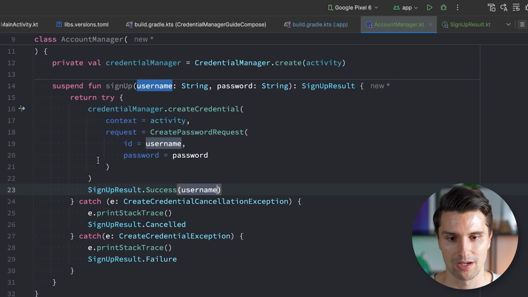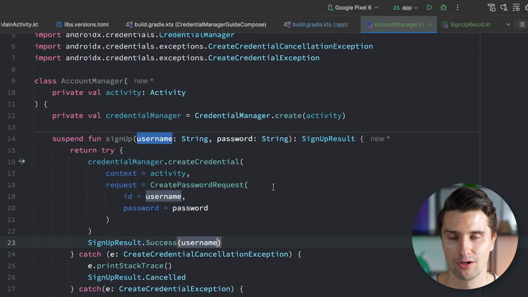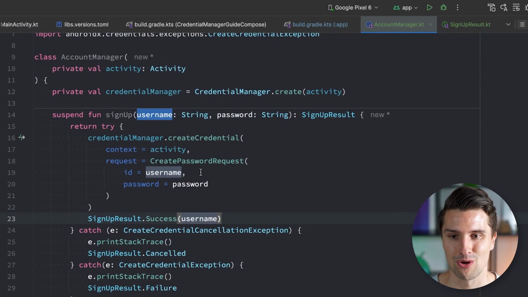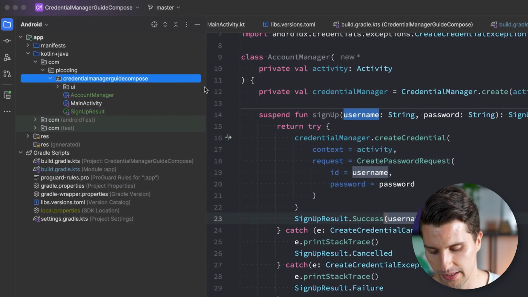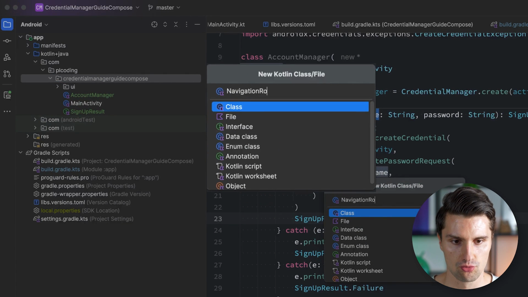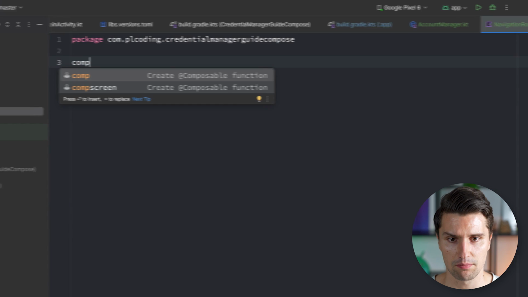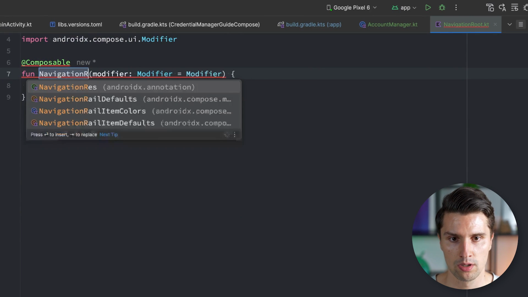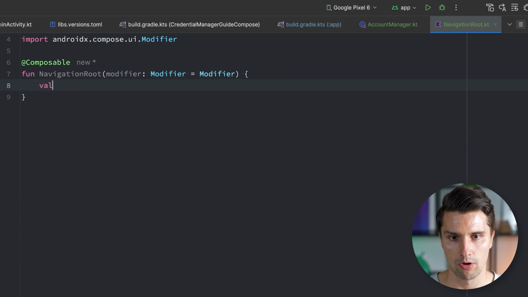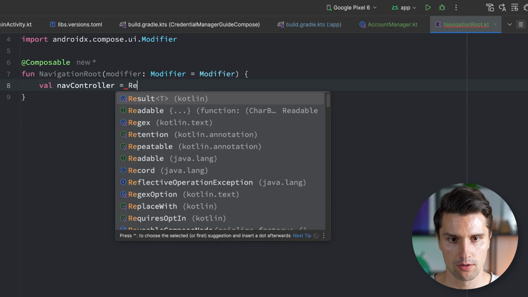And if that works, we can then extend this class with a login logic to really take these saved credentials and also log in with these. So let's go here to our root package and create something like a navigation root. So just a simple composable in which we put our two screens in this app. So we have a composable NavigationRoot where we have our nav controller reference in there, which we can get